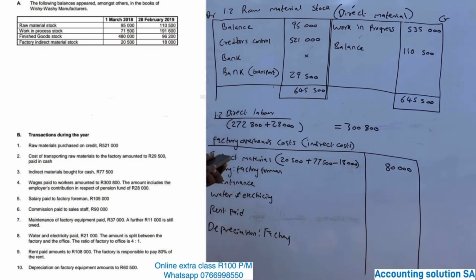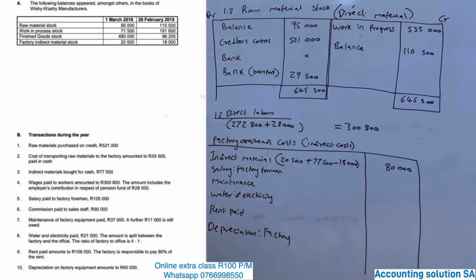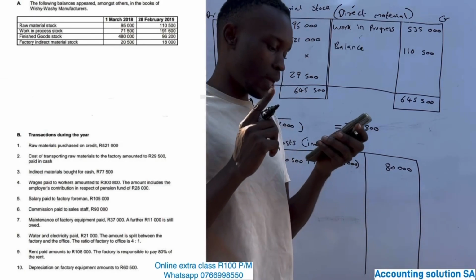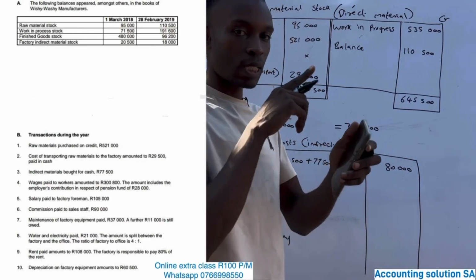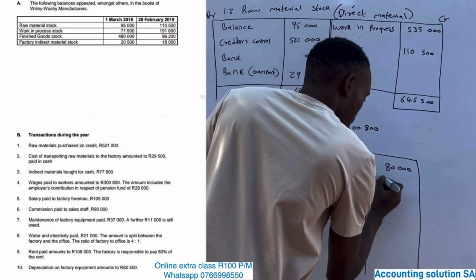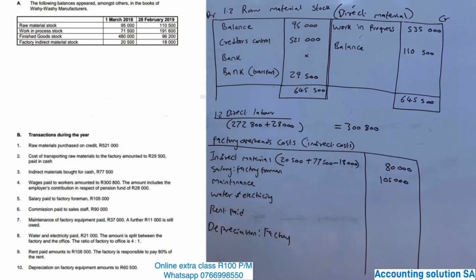Okay, the next one, salary paid for factory foreman is 105,000. So even this one, if you are given what we call a pension fund, you must add it as well. So here it was just given as 105,000. We just record it like that. And maintenance,